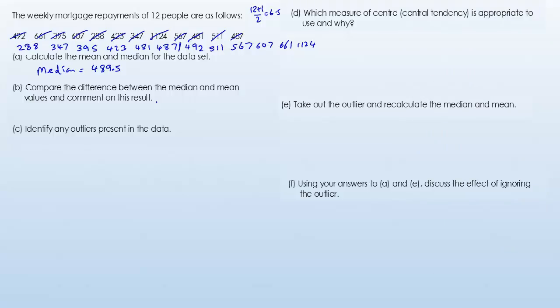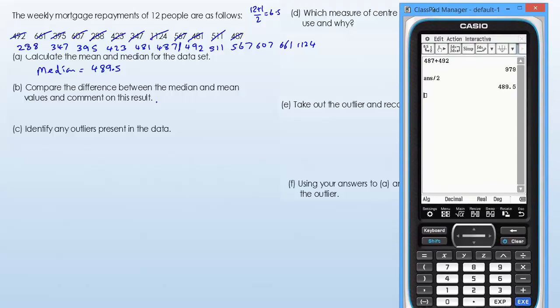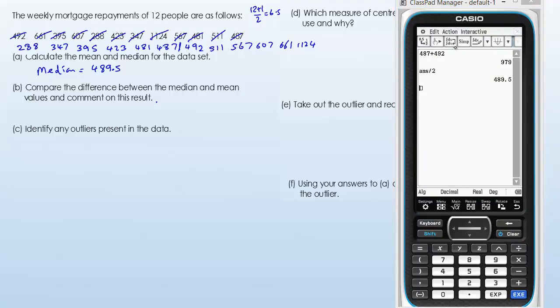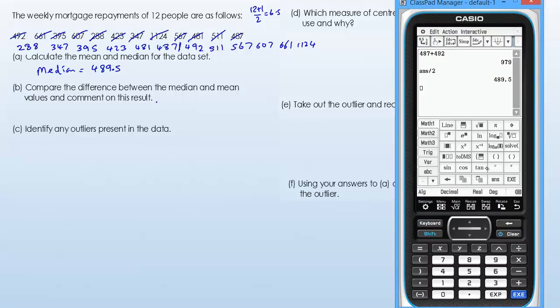Now, what else have we got to do? The mean, so we need to add them all up and divide by the number of pieces of data. We know the number of pieces of data was 12. So what have we got? We've got 288 and 347 and 395 and 423 and 481